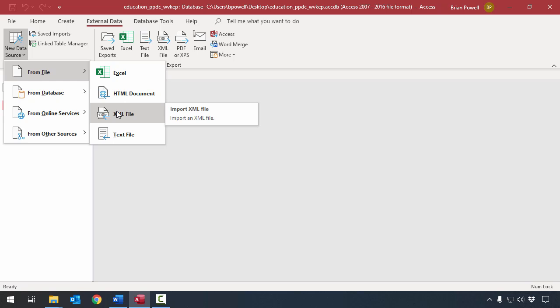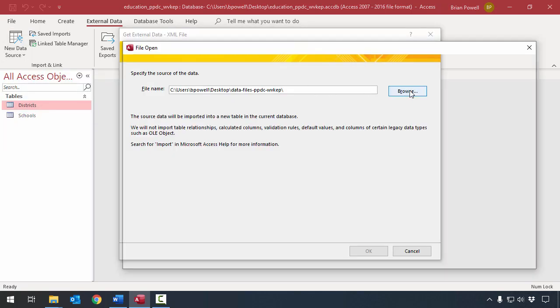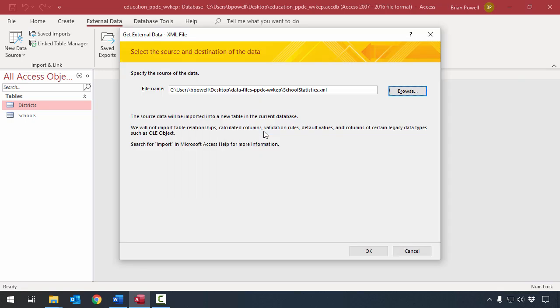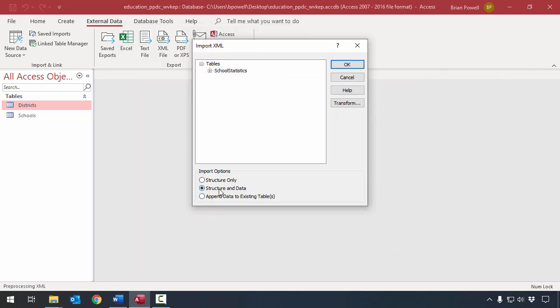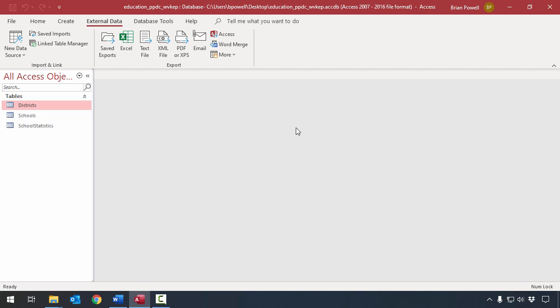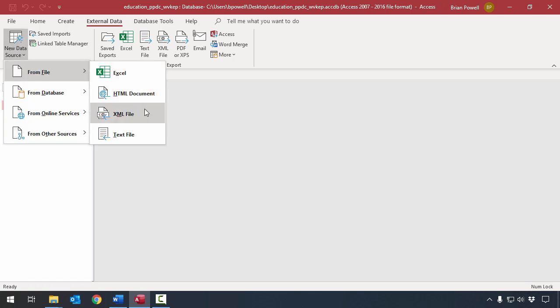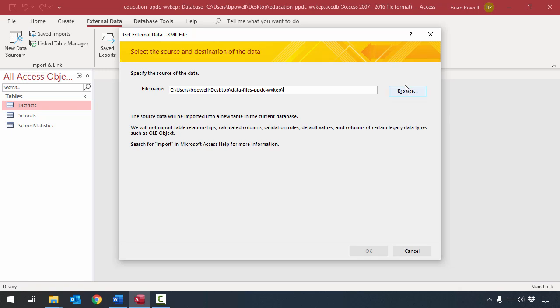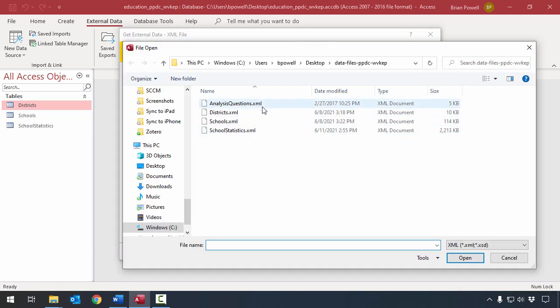We'll go back to new data source from file, XML file. We're going to bring in schoolstatistics.xml, and we'll tell it OK. We want structure and data, so we'll tell it OK, and then we'll click close once we finished importing that. We'll do the same thing for bringing in analysisquestions.xml,